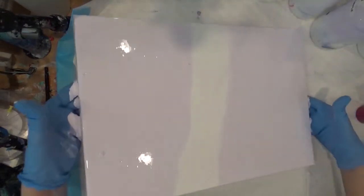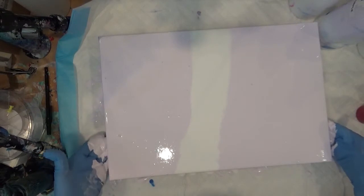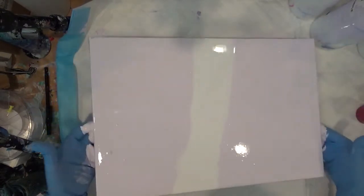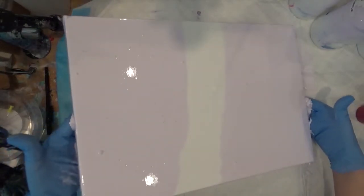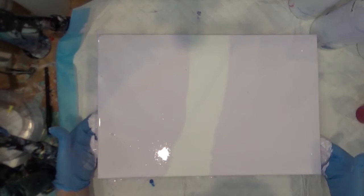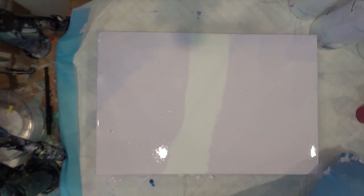Okay, let's bring that white to the middle. See that it is in the middle. Okay, so now that it has been flooded, I'm gonna remove these gloves. I'm gonna stop it from dripping. Now